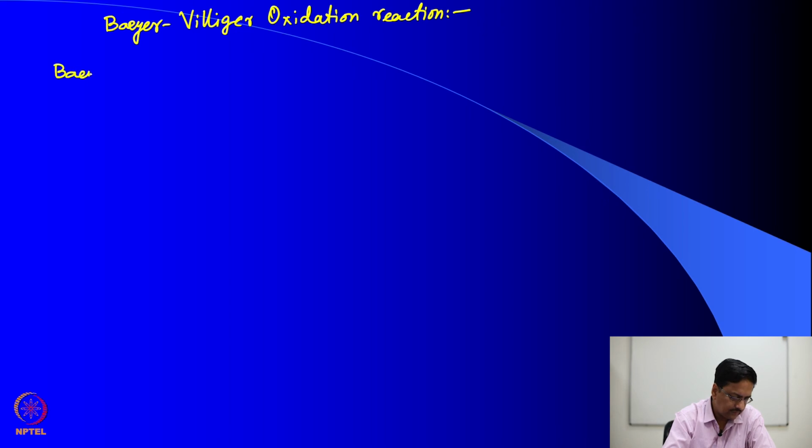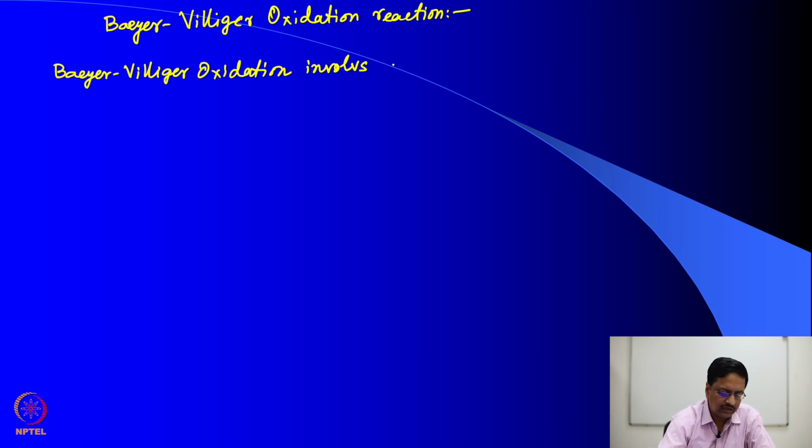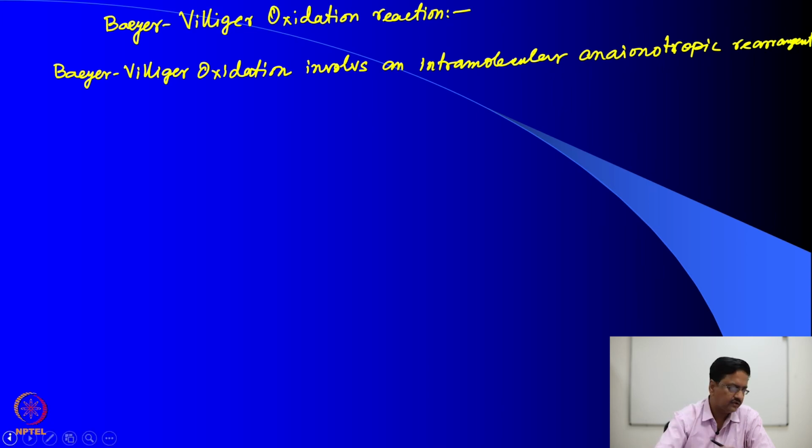This Baeyer-Villiger oxidation involves an intramolecular anionotropic rearrangement. Anionotropic rearrangement in which